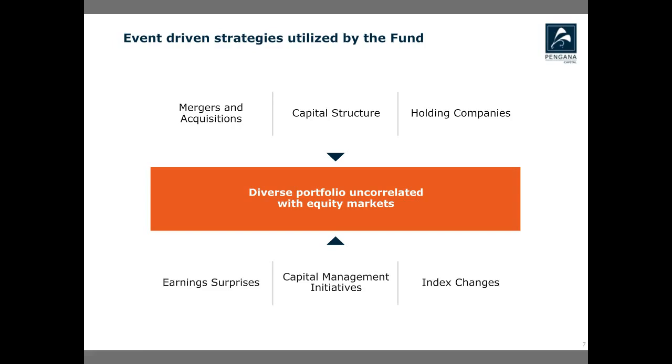Within capital management initiatives, the fund identifies companies undergoing any kind of balance sheet event. This can take the form of a special dividend or capital return to shareholders. But the key message here is that in all of these sub-strategies, the underlying returns are driven around a corporate event, which results in short-term price inefficiency in the market for these companies, which the fund then exploits through a long-short approach and bottom-up stock picking.